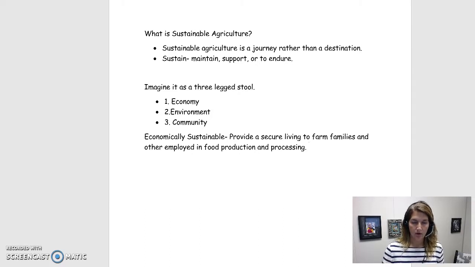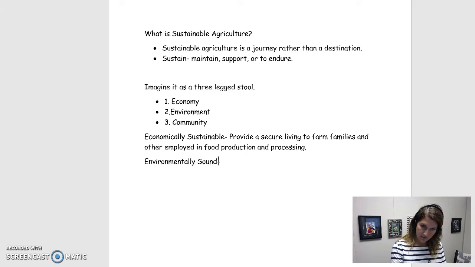So sustainable agriculture plays a huge role in the economy in more ways than just the basic way that you're thinking, like, oh, it makes sure that the farmer has money. No, we're looking at the big picture here, guys, with the people that it employs, and how it affects kind of everyone. So the next one we're going to look at is